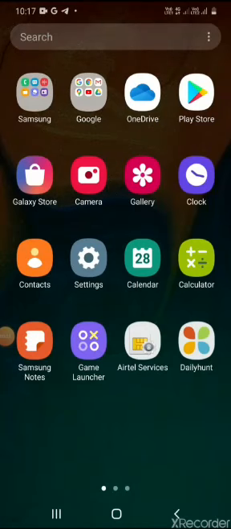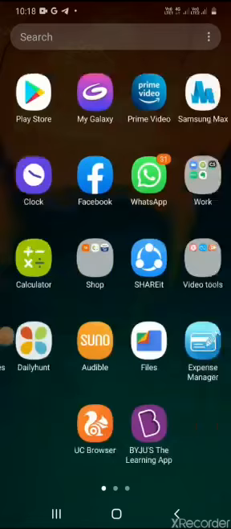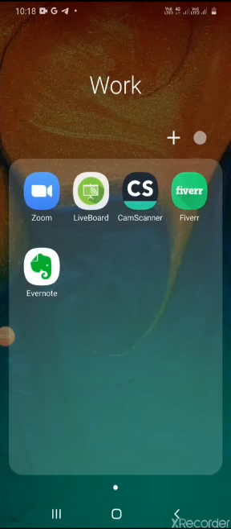I welcome you all to the training module of Zoom. Firstly, you all will have to install Zoom, that is the ZOOM app, on your mobile phones. You can download it from your Play Store. Once you have downloaded it, you will see it in your desktop window. See, over here is the Zoom app.